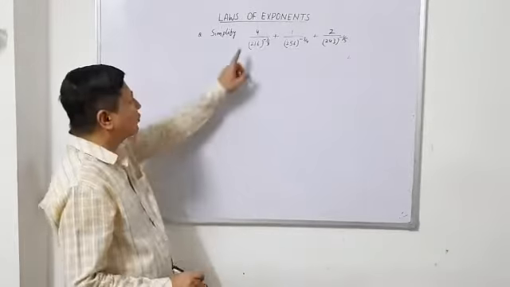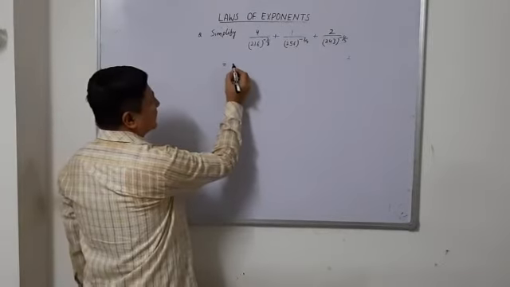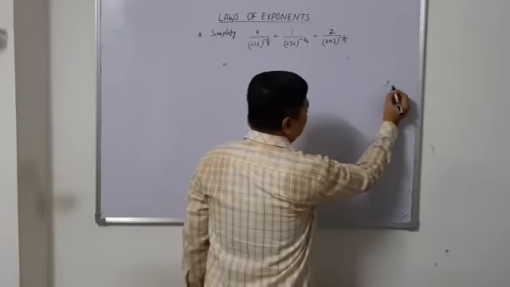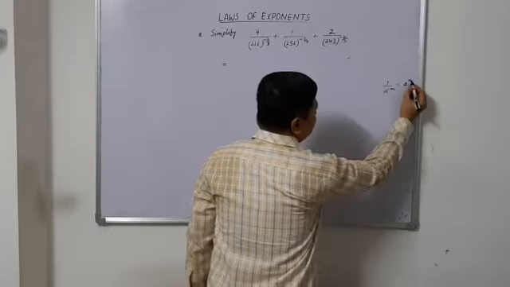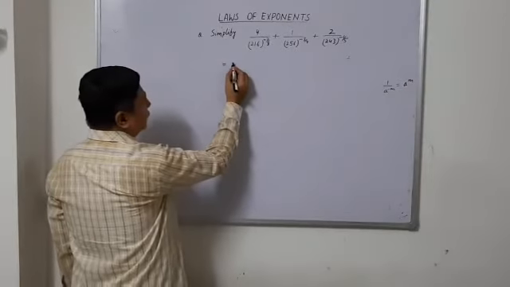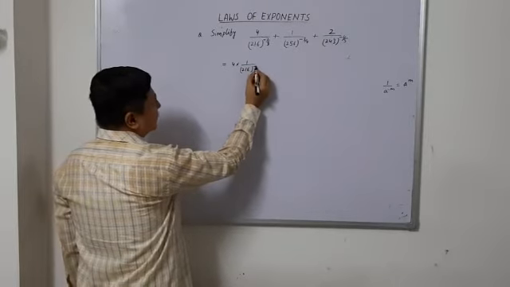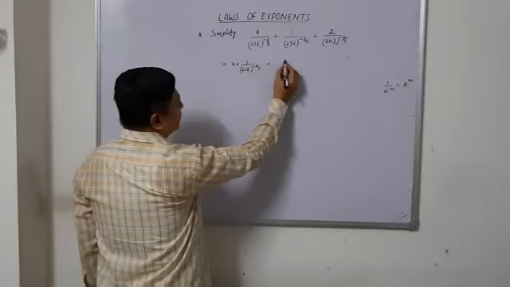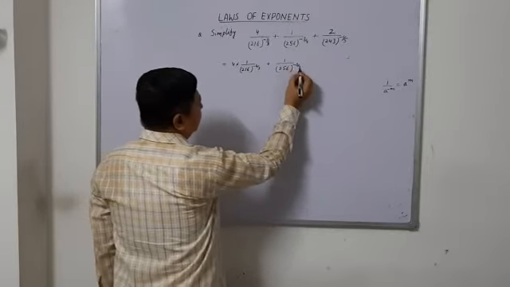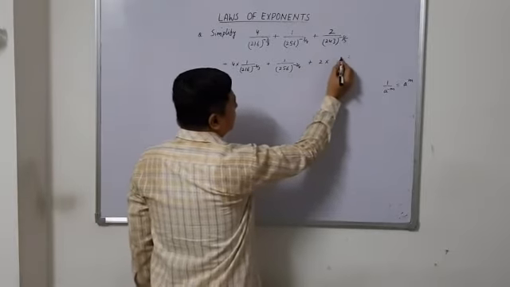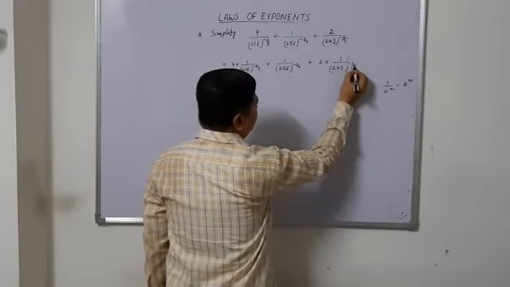Let us take one more question on laws of exponents, that is, simplify. Now in this you can see we will be using this property: 1 upon a raised to minus m is equal to a raised to m. So we will write 4 into 1 upon 216 raised to minus 2 by 3 plus 1 upon 256 raised to minus 3 upon 4 plus 2 into 1 upon 243 raised to minus 1 upon 5.